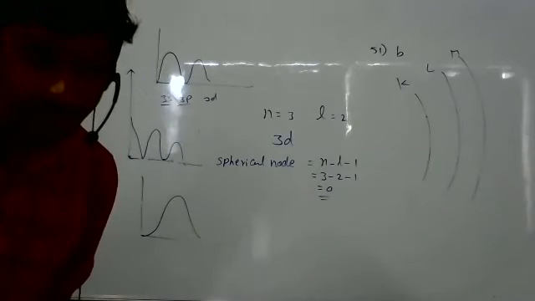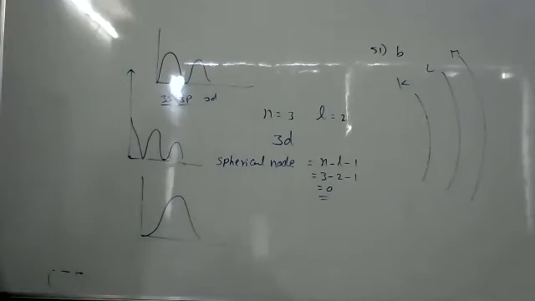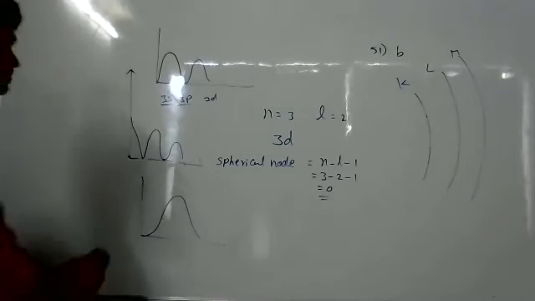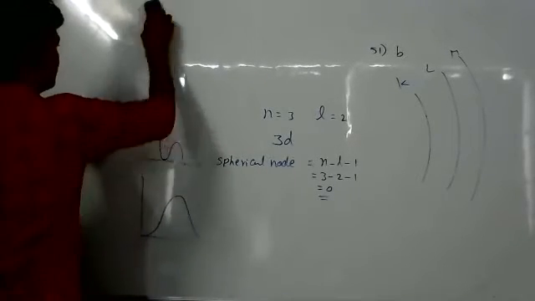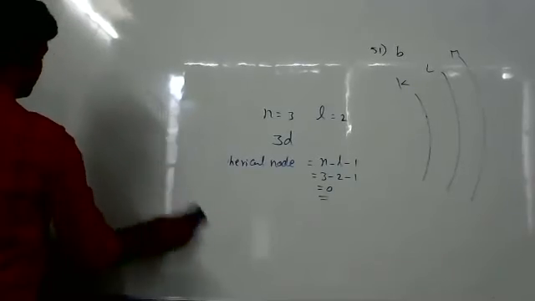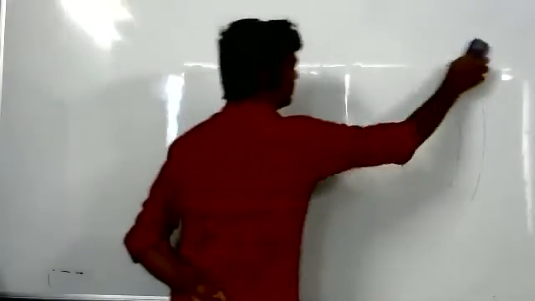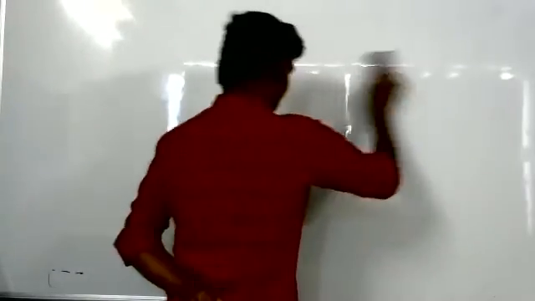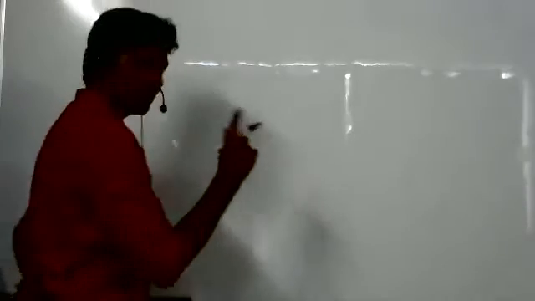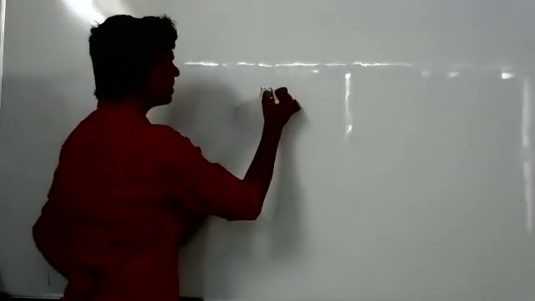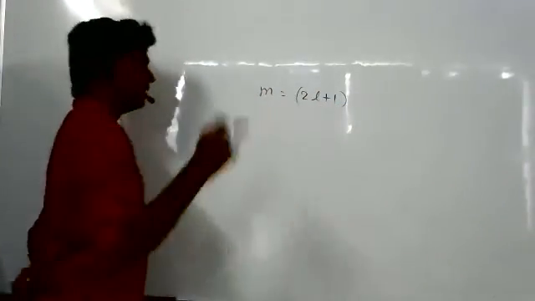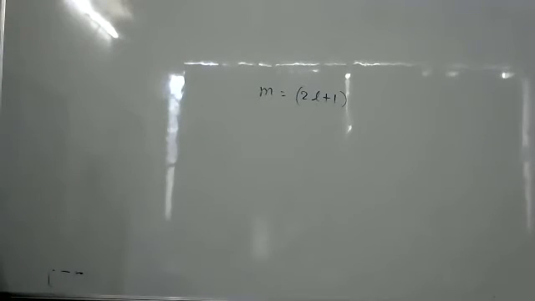Okay, next question. Risha. Yes, sir. Read question number 54. For a particular value of azimuthal quantum number, the total number of magnetic quantum number values are given by: A, l = m plus 1 by 2; B, l = n minus 1 by 2; C, l = 2m plus 1 by 2; D, m = 2l plus 1 by 2. Okay, actually for a given l value, the m value formula is 2l plus 1, right? So which is suitable for this? Option B. Yeah, option B is correct.